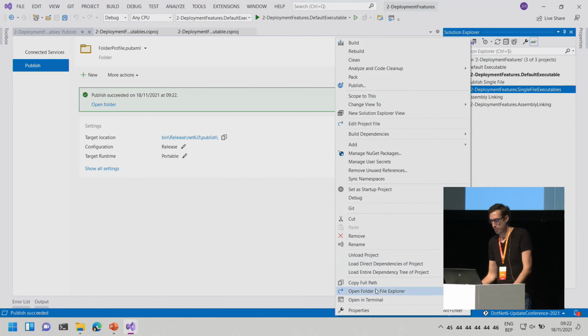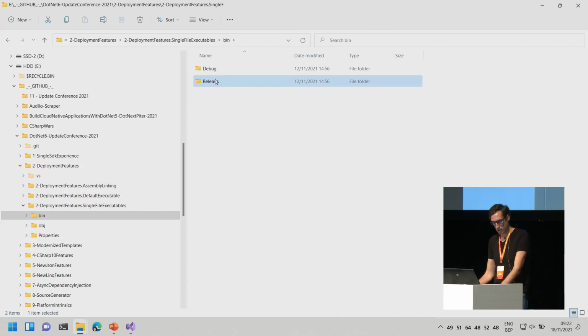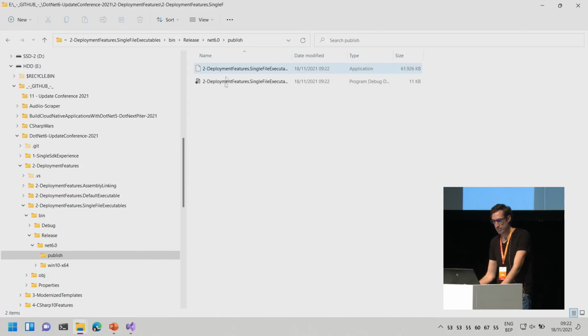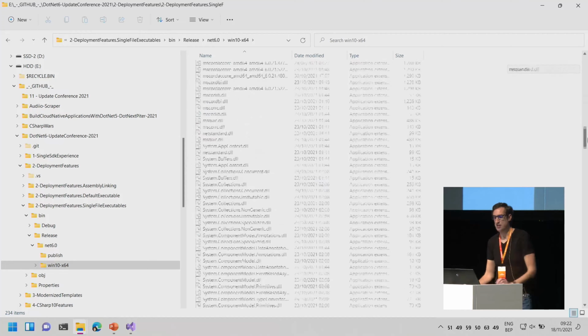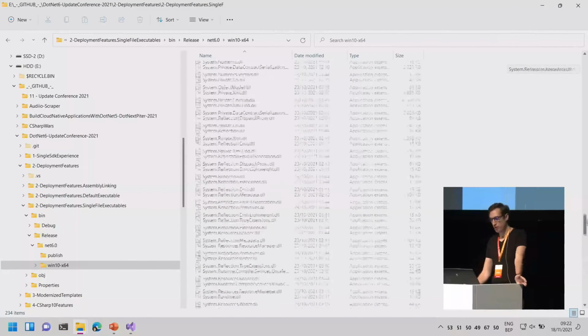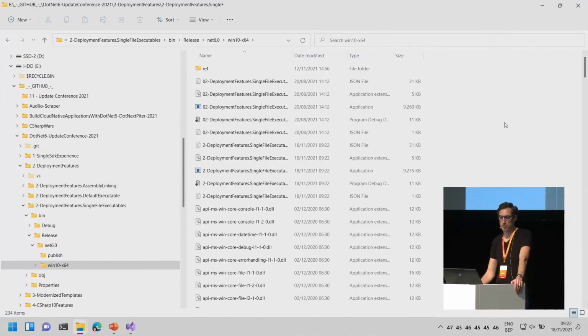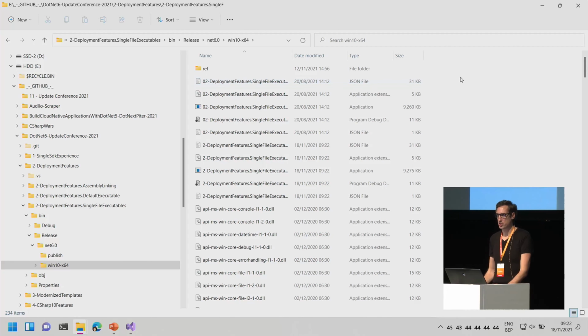So if I open my File Explorer, nope, it's this one. This is what your application looks like. This is a Hello World console application. It's a little bit over the top. There's like 240 files in here, and I think it's about 100 megabytes. So if you're writing a console application for your grandmother saying, "I love you, grandmother," or something, and you give this to her, I think she will be suspicious. She doesn't really know about computers, but she will be suspicious.